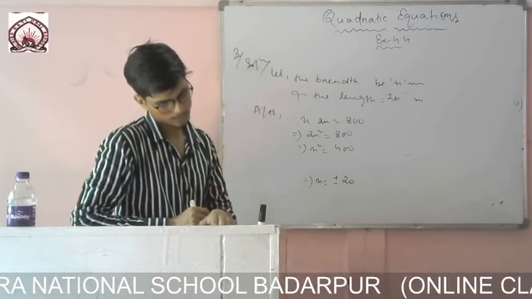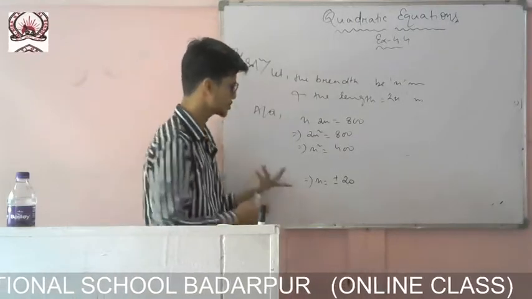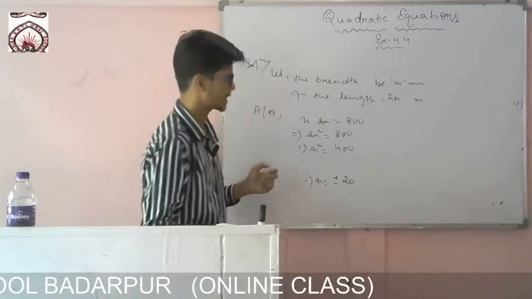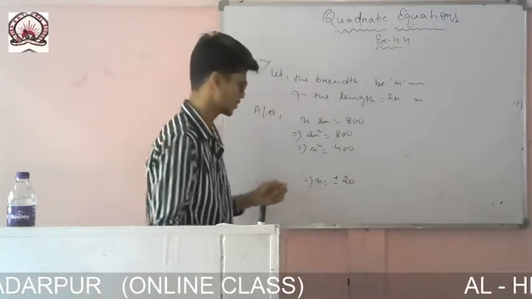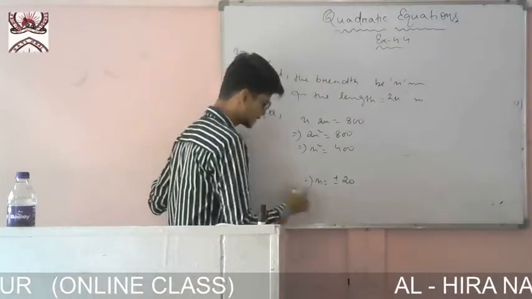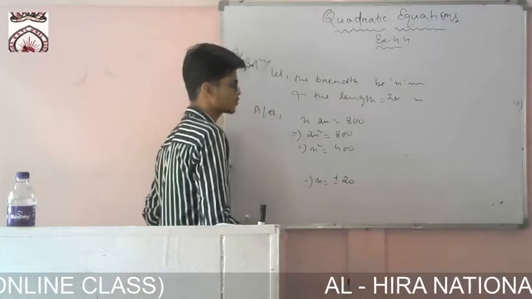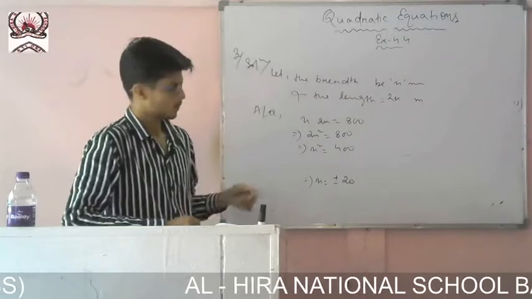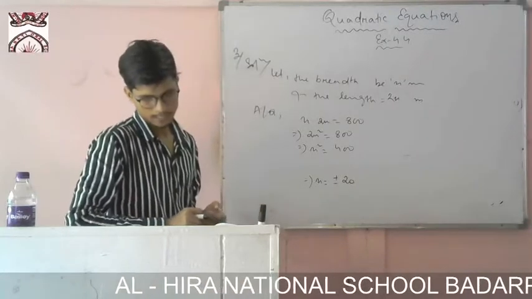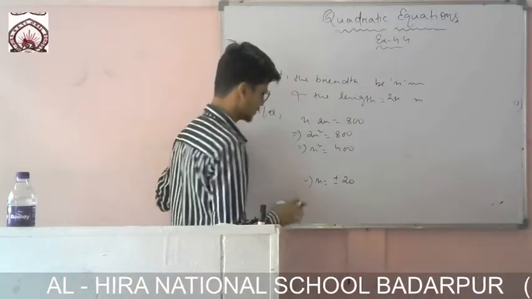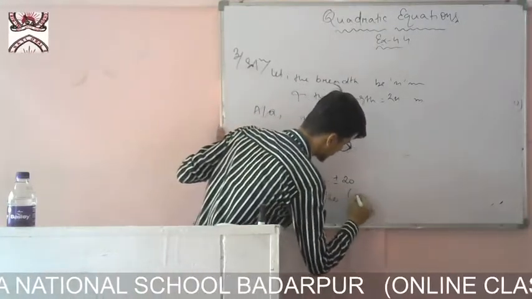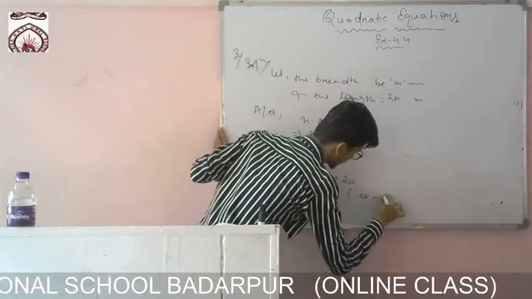You write it just once, and the question is to find the length and breadth, so easily you can find. In the next one, we'll check by using the b square minus 4ac formula. Here the value of x is plus minus 20, but minus 20 will be neglected because we are talking about the side, and a side cannot be negative. So you write, therefore x is equal to 20, and minus 20 is neglected.